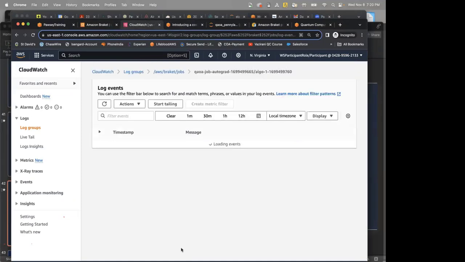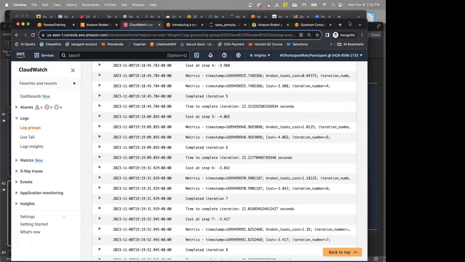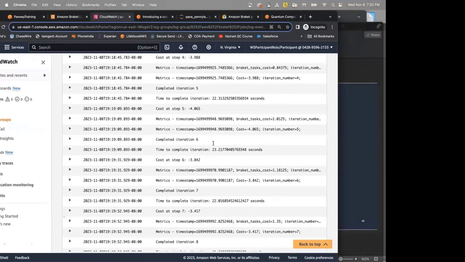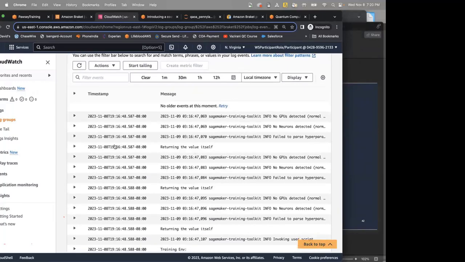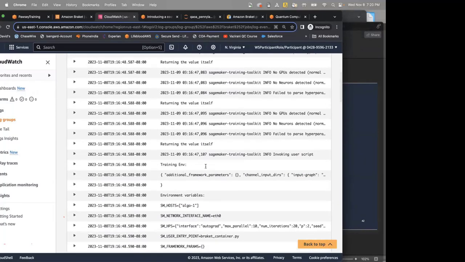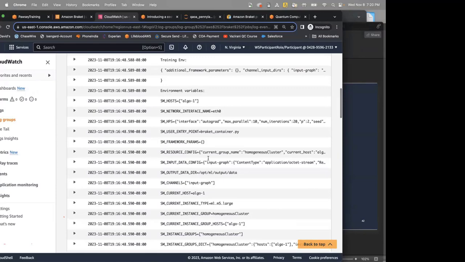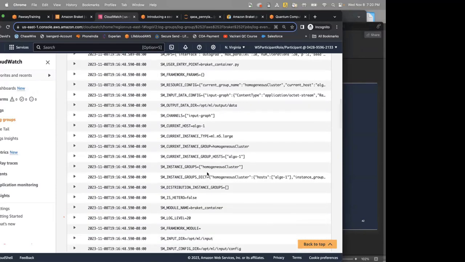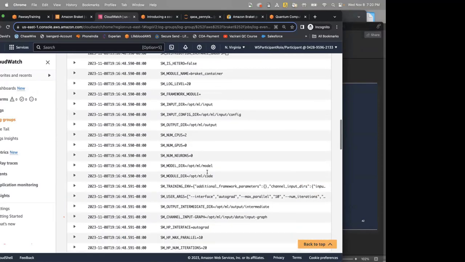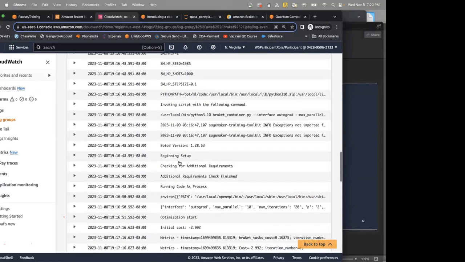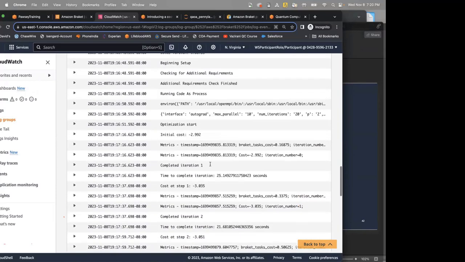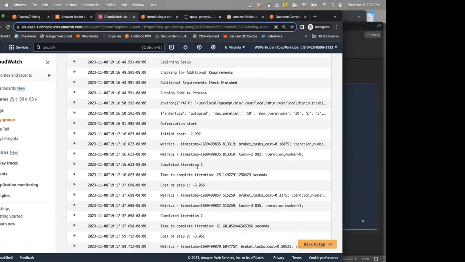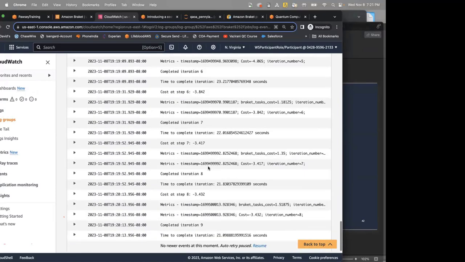If you click here in CloudWatch, you can see all the log data, like how the job has started, training, and all the environment variables that have been set to certain values. You can see all that, right? Then it says beginning setup, optimization starts, the initial cost function is this, completed iteration 1, and so on and so forth.